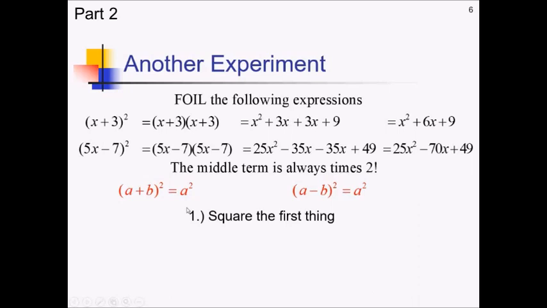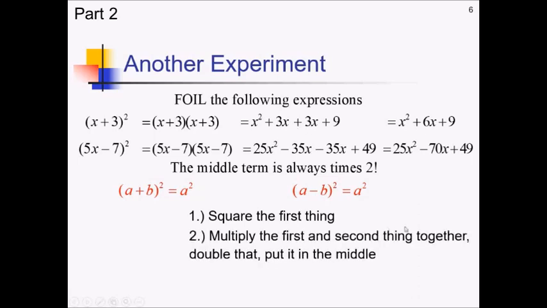But then we see there's that middle term. And that middle term, you're essentially taking these two things that are in the parentheses, multiplying them together to get these 3x's, for example, and then doubling it because there's 2 of those. So we're going to multiply the first and second thing together, a and b, double it, and put it in the middle. So this would be 2ab plus that, or this would be minus 2ab,